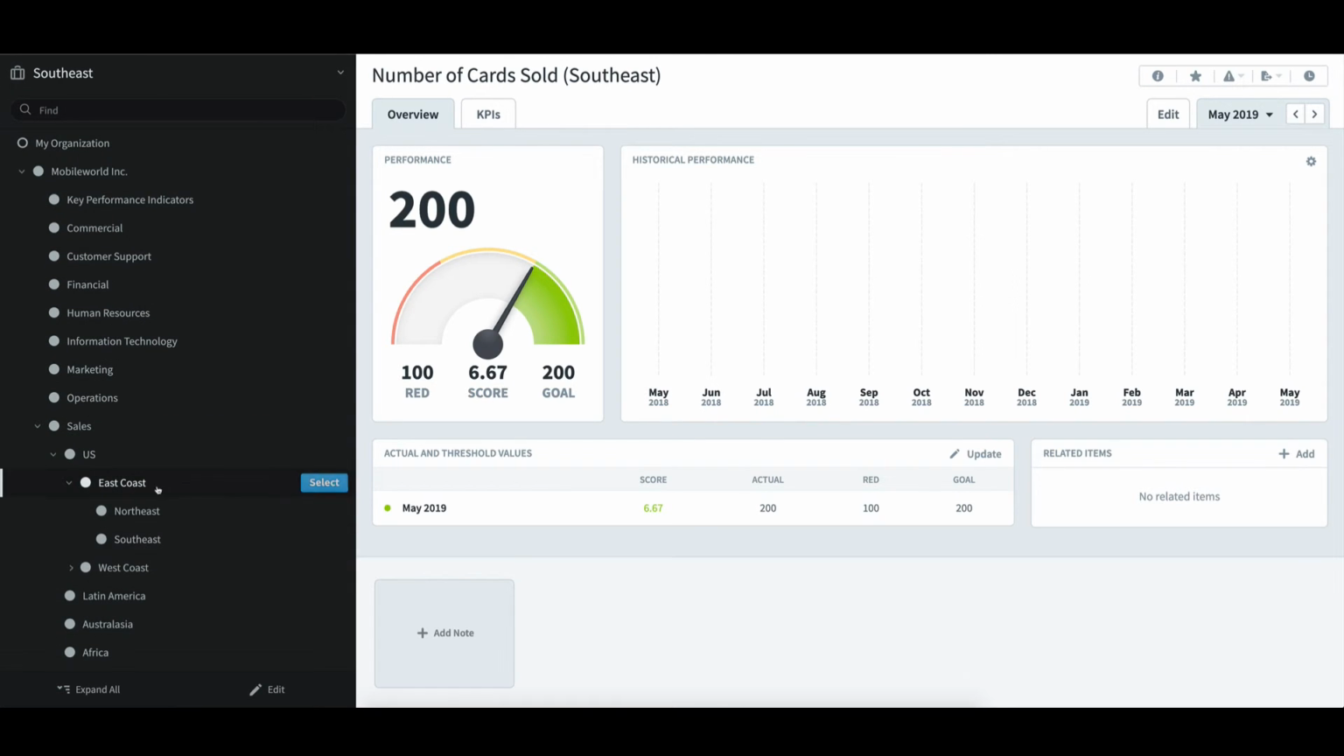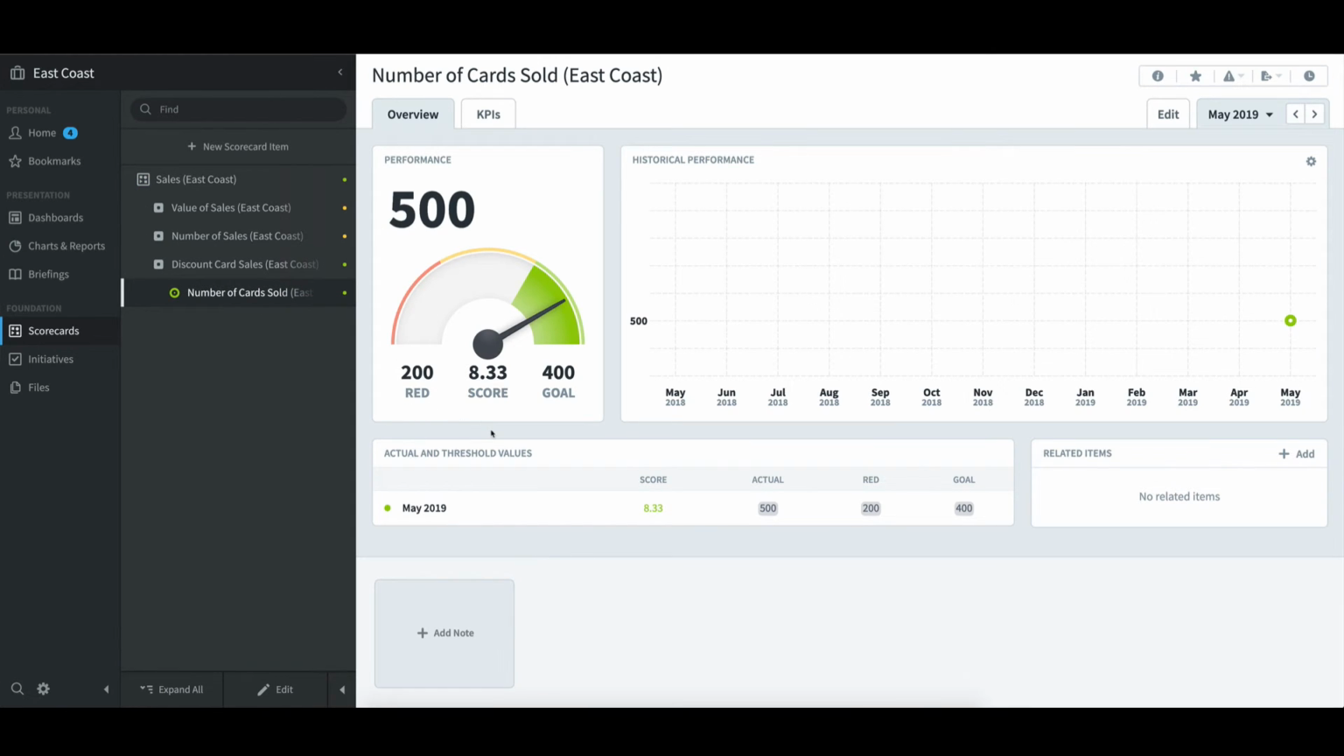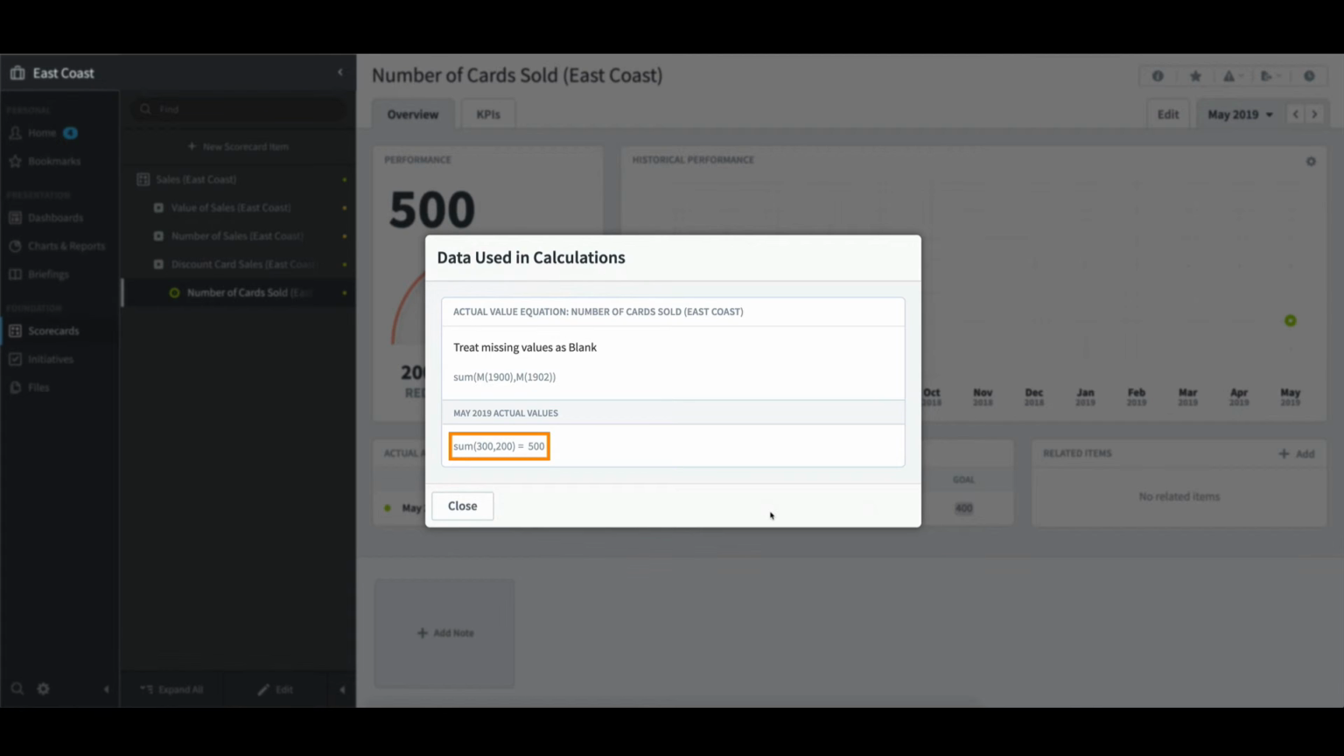If I switch to their parent, East Coast, and select the KPI, I'll see that even though I didn't load an actual value directly to this org, it is coming across. It is taking the value for Northeast, adding the value for Southeast, and providing a grand total of 500. If I hover over 500, it shows me that it is summing two KPIs. And if I click on that, I can actually see the math. 300 came from one area, in this case Northeast, and 200 from another, in this case Southeast. I'll click Close,